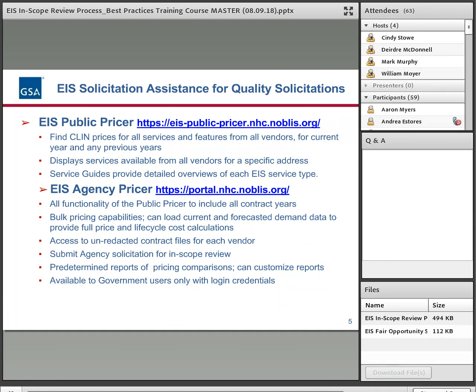There's also some self-help resources. This is where you can learn about the contract, about best practices. And here we're just listing the two pricers that are available. The public pricer, which is publicly available, no credentials required, and then there's the agency pricer, which